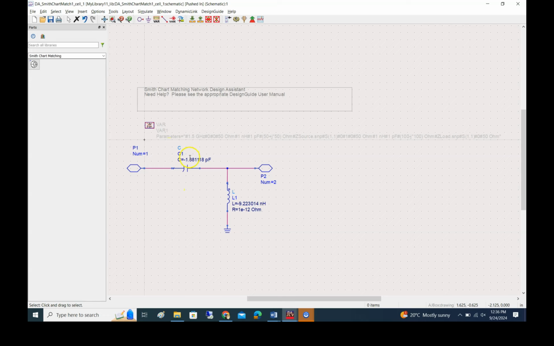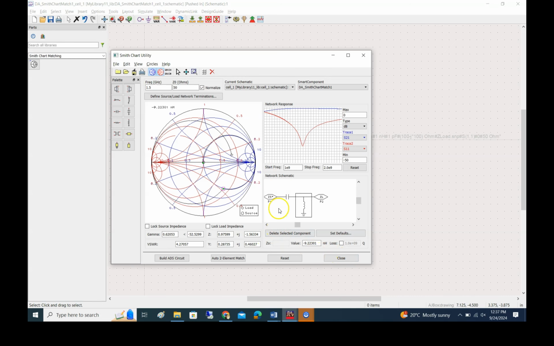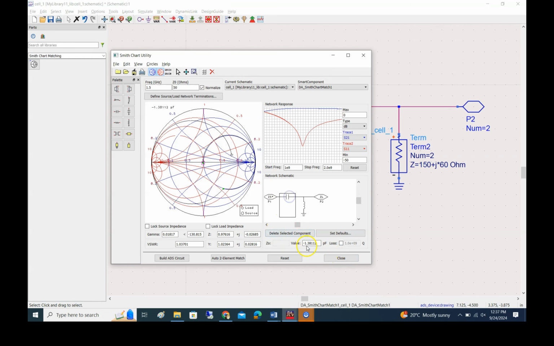Now you can see clearly the matching network. Just the matching network. Don't be confused. This is not our complete circuit. This is just the matching network to have a look. What are the values? You see the C is 1.38118, which is pretty similar to what we have seen. Just a cross verification here. You see 1.38112, and then